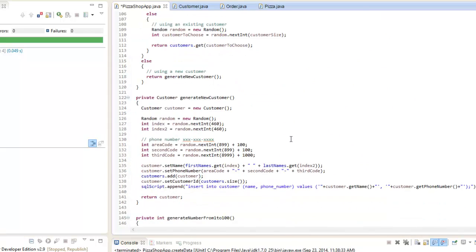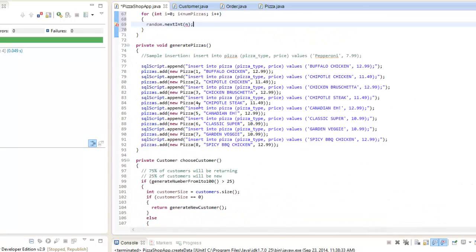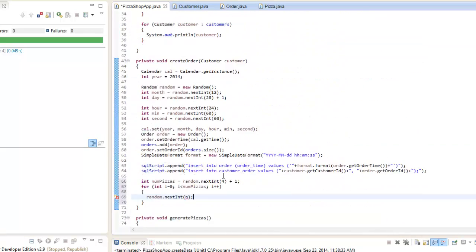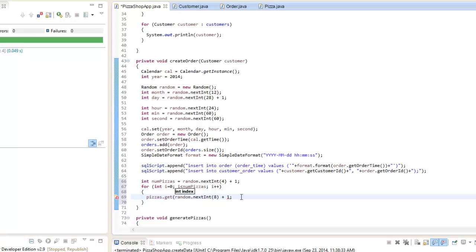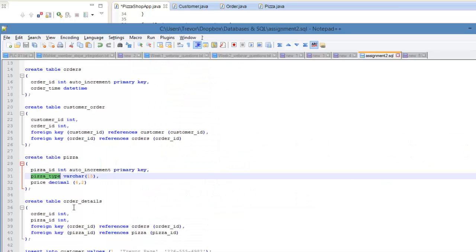So how many pizzas were there again? 1 through 8. So we will do 8 plus 1 to make it 1 index based. And we will say that this is the pizza that we want to order. So we will say pizzas.get, and that's the pizza. So we're actually going to get the object itself, and that will go into our order